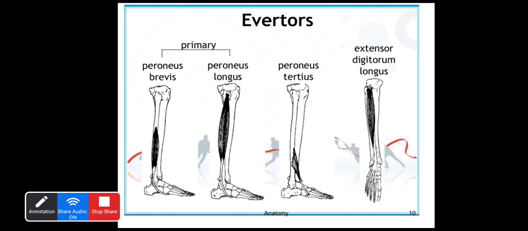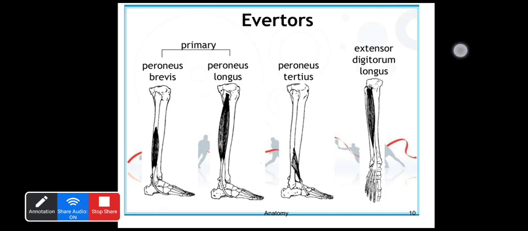That is accompanied by the other muscles, the extensor digitorum longus, extensor hallucis longus, and tibialis anterior. That's about the muscles of the anterior compartment. The peroneus tertius and extensor digitorum longus of the anterior compartment assist the peroneus longus and brevis in eversion. So that's about the chief evertors. Just remember the chief, primary muscles, that is more than enough. The peroneus longus and brevis are considered the evertors of the foot.